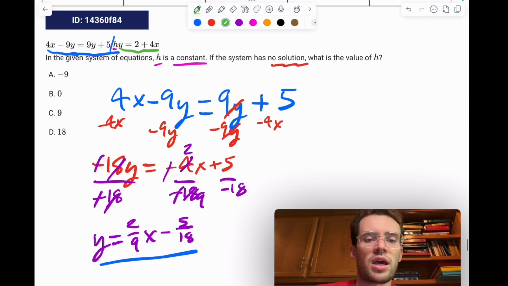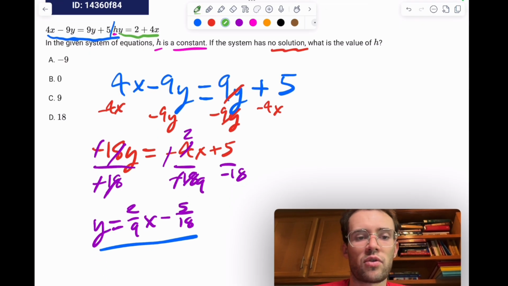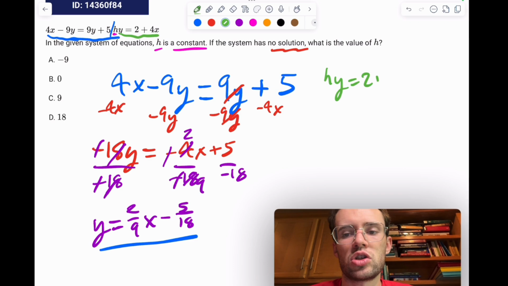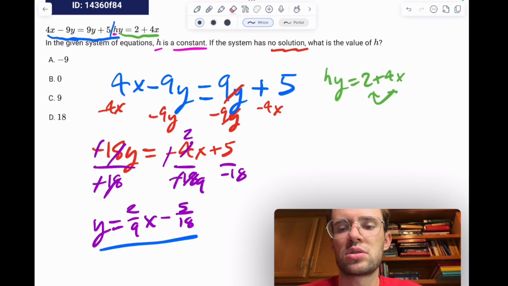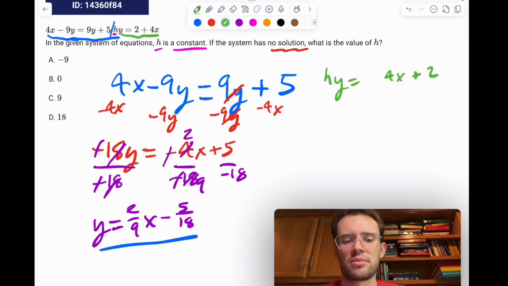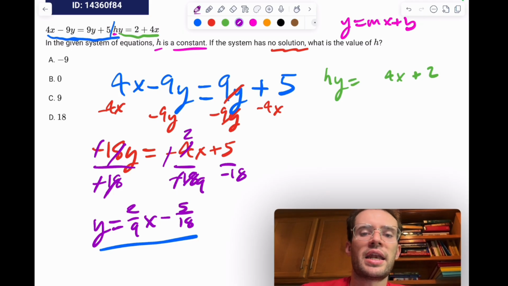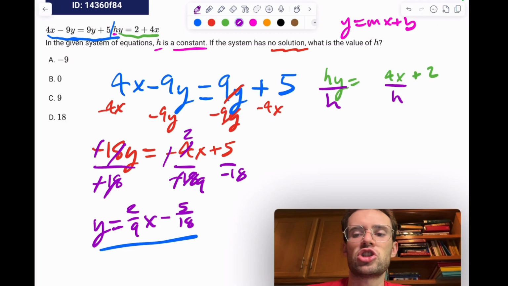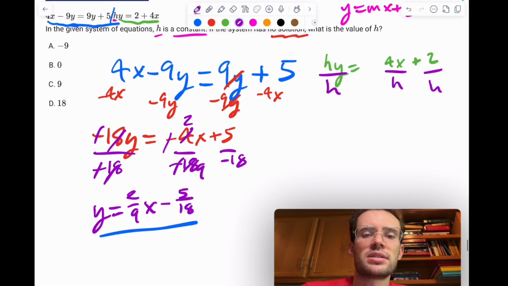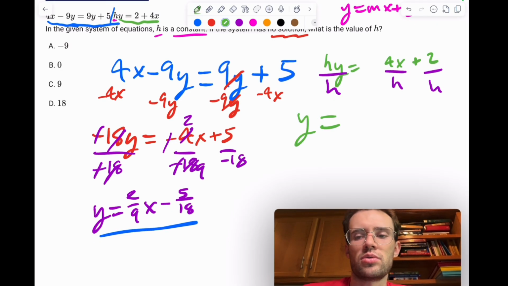And now for the other equation, if you want to get it into slope-intercept form, we have hy equals 2 plus 4x. So I'm just going to do the commutative property of addition, switch the order of those. So this will be hy equals 4x plus 2. It doesn't matter, but it just might help people if they're used to it being y equals mx plus b to quickly figure out what the slope and the y-intercept are. And now to get the y alone, I'm just going to divide both sides by h, this constant. And that would mean that y is equal to 4 over h times x plus